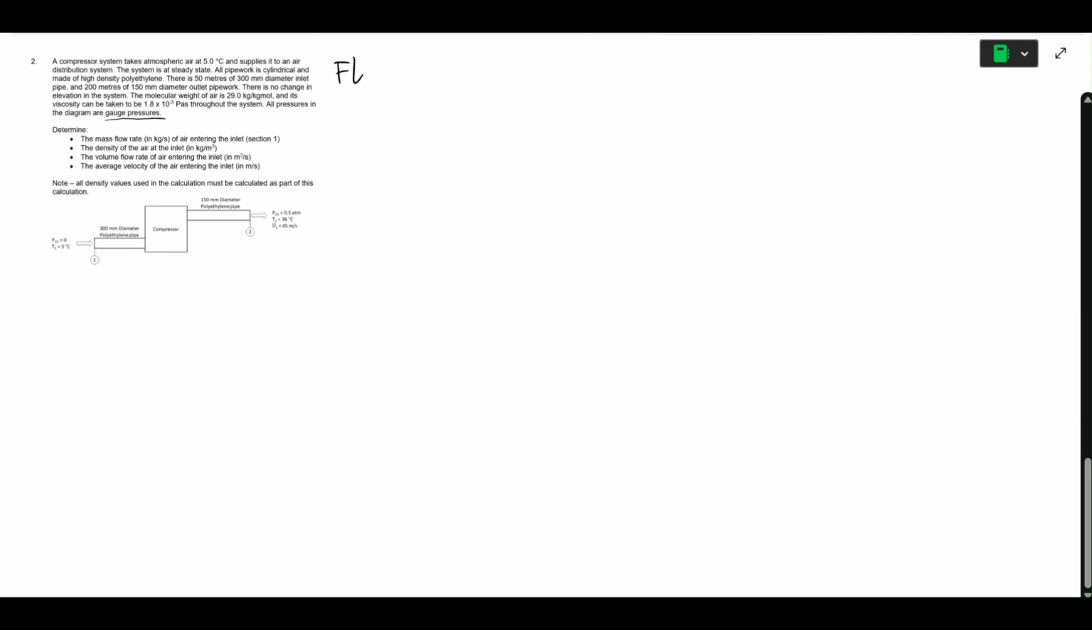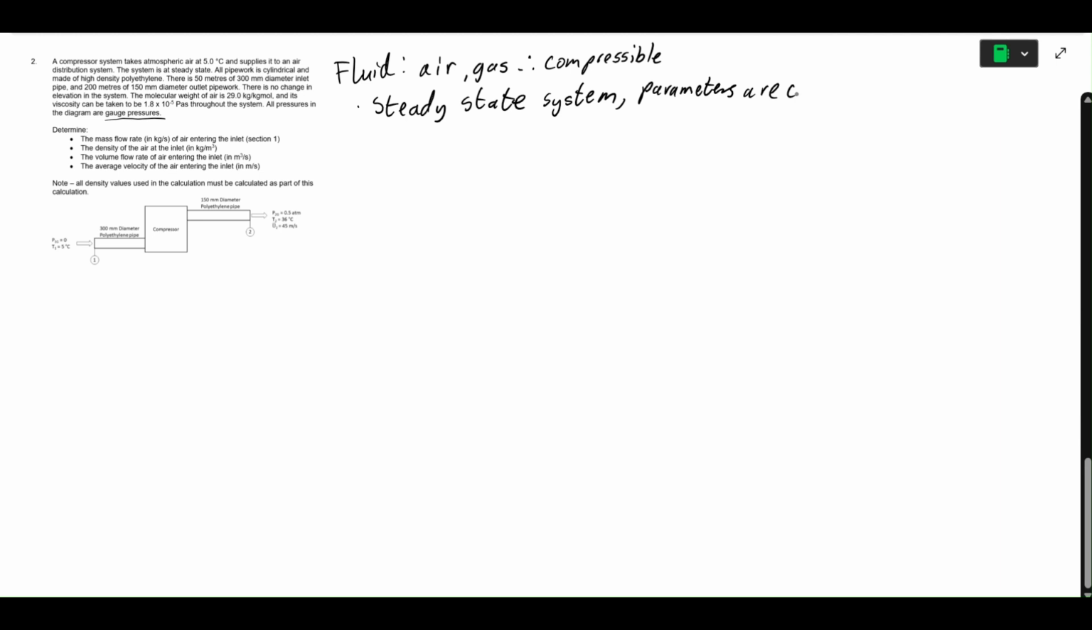So first of all, the fluid is air, which is a gas, therefore not incompressible, compressible, which means that the density can change. It is a steady state system, which means parameters are constant